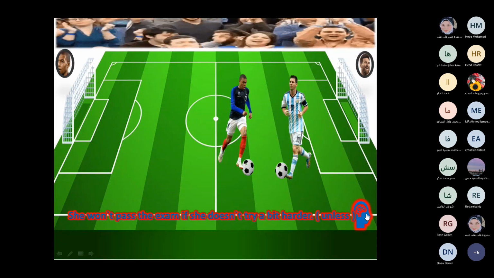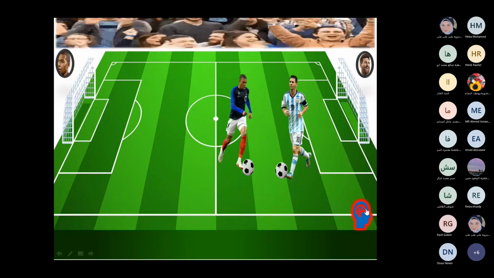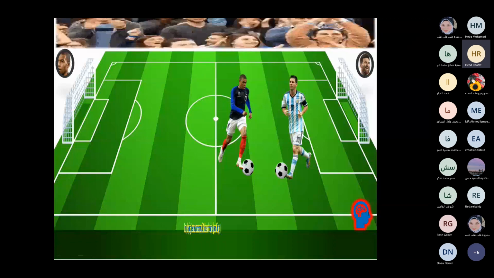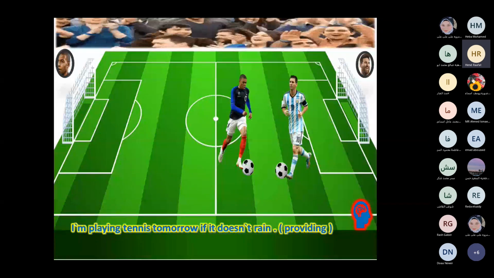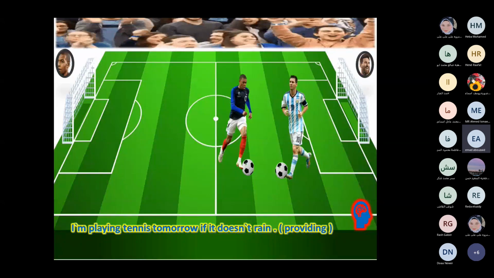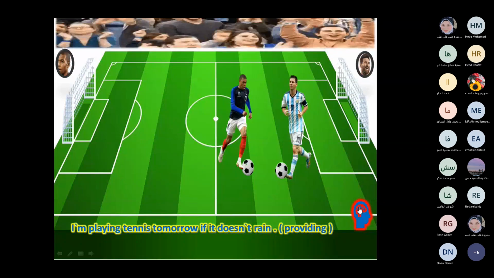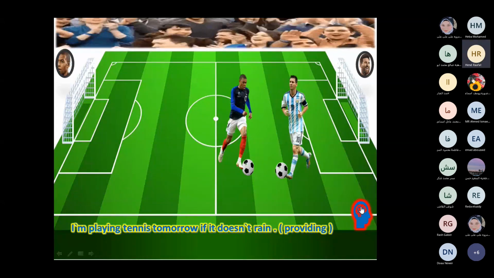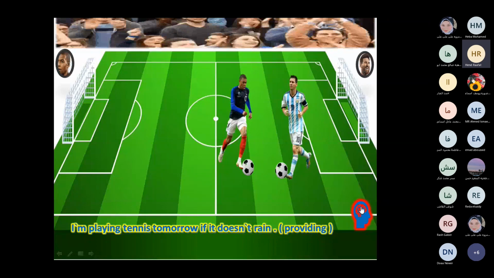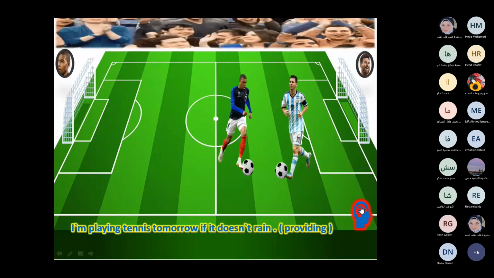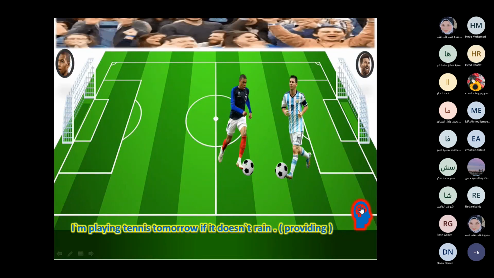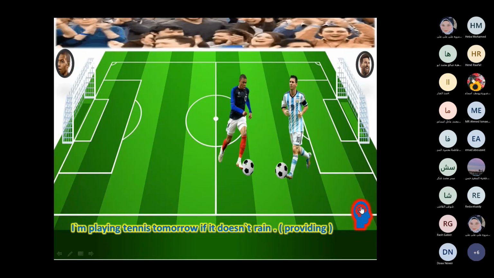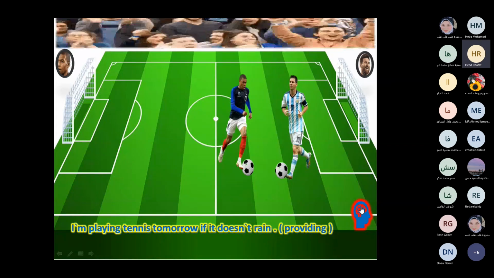Wonderful. I need Miss Hind from Messi's team. Read the sentence, rewrite it. I'm playing tennis tomorrow if it doesn't rain. Use providing. I'll play tennis tomorrow,